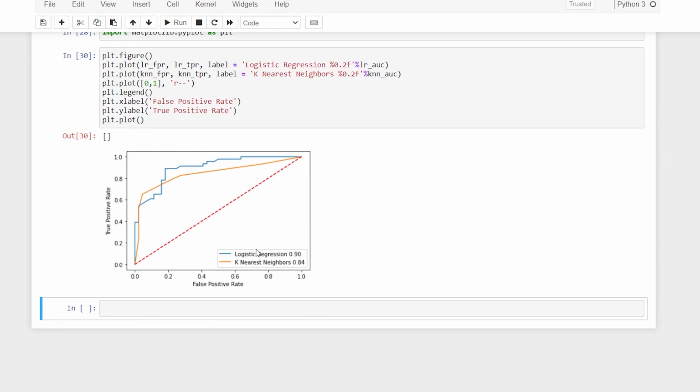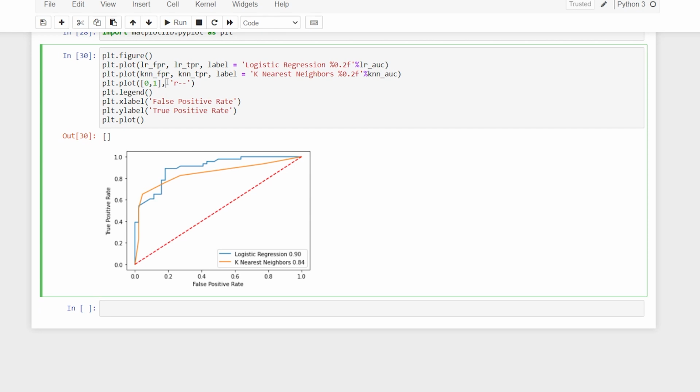So this is saying logistic regression holds 90% and k nearest neighbors is 84%. So obviously we are going to go with logistic regression for this algorithm. This is the way this can be done for a lot of algorithms at any time. The area that you see over here is the area under the curve. When you bypass that line, you actually get to the area under the curve.